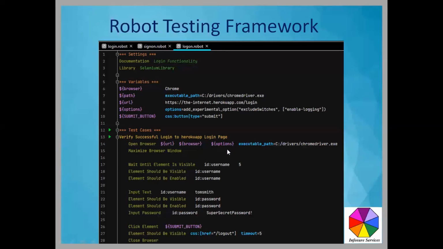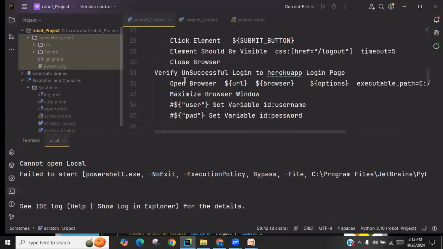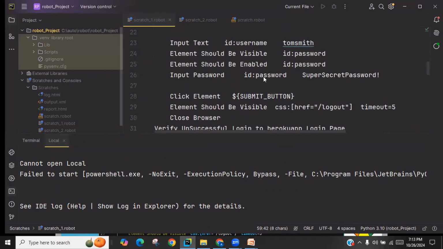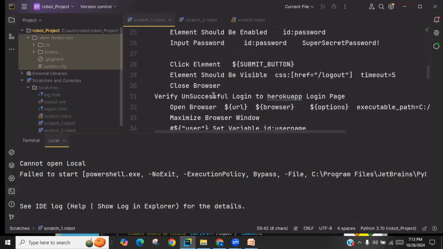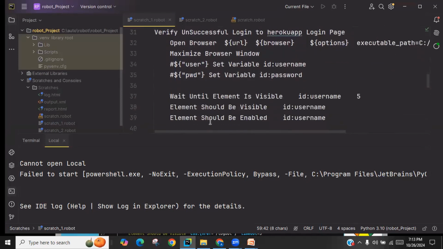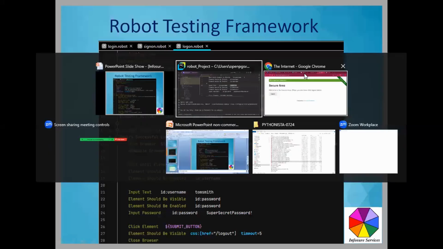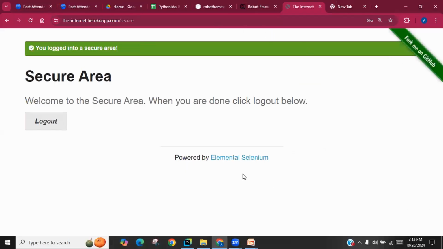Now when you go into PyCharm, you're seeing all this here, the same thing. That was your first test case. Then the next test case is verify unsuccessful login. All repeated the same, everything the same except Tom Smith 2. So the second use case was an invalid username. Invalid username is what came up when I gave